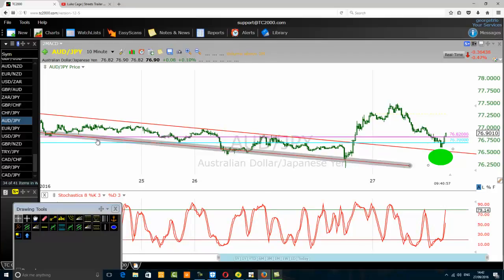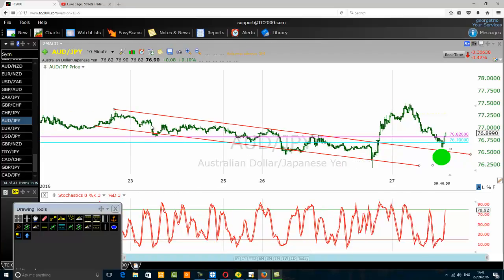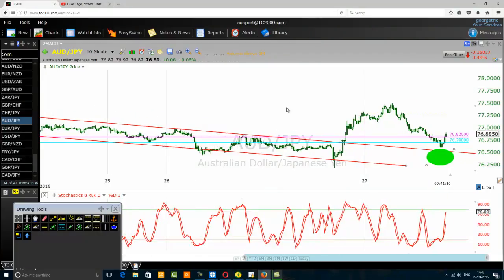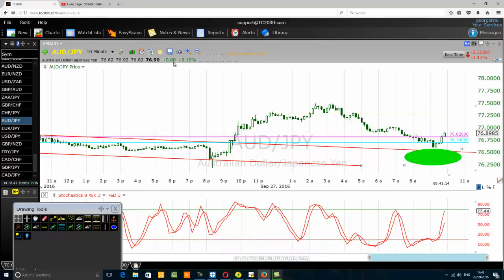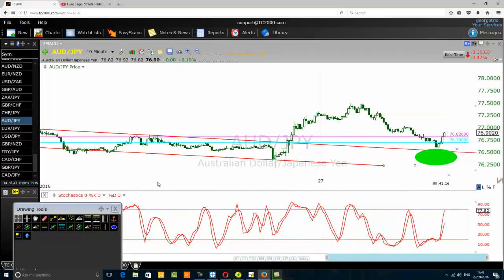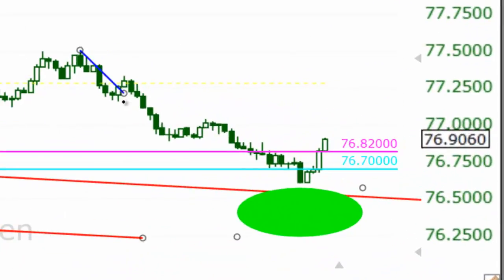That resistance was also a support level before. See the pink line? It was a support level. That has converted into resistance here. Now the price returned above that resistance level, the pink line, and I want to buy. But the reason why I want to buy, I'm using a bit of Elliott wave here, because the way the price came down, it came down